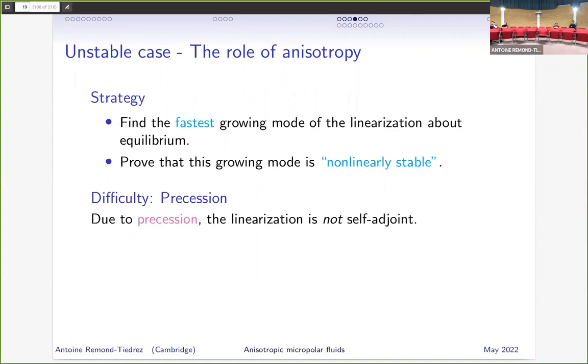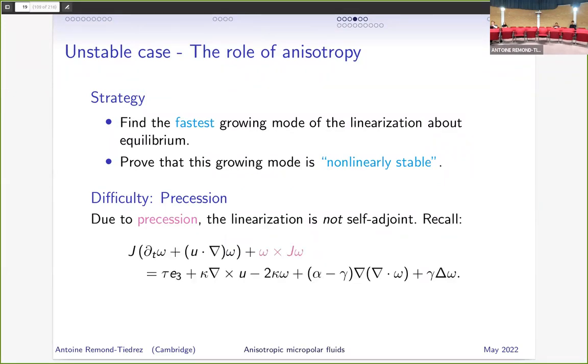It turns out that the difficulty is really the first part, as in the spectral analysis of the linearization is where the difficulty really is. The estimates that you need to do to then show that it's non-linearly stable are actually pretty straightforward. So I'm not going to talk about that too much. I'm going to talk about the spectral analysis. And fundamentally, the difficulty is this. This precession term means that the linearization is not self-adjoint, and it's easy to see because even before you linearize,